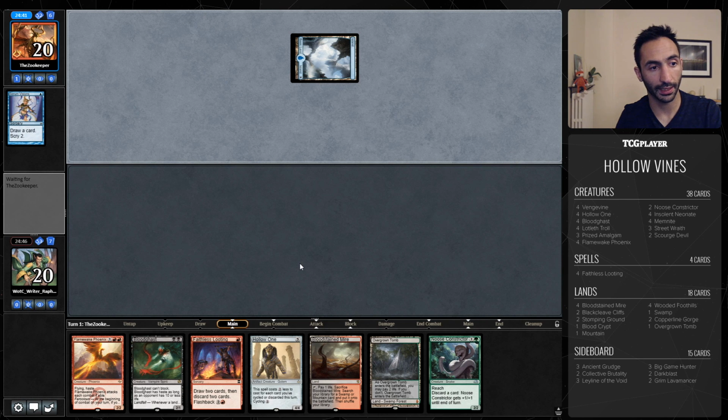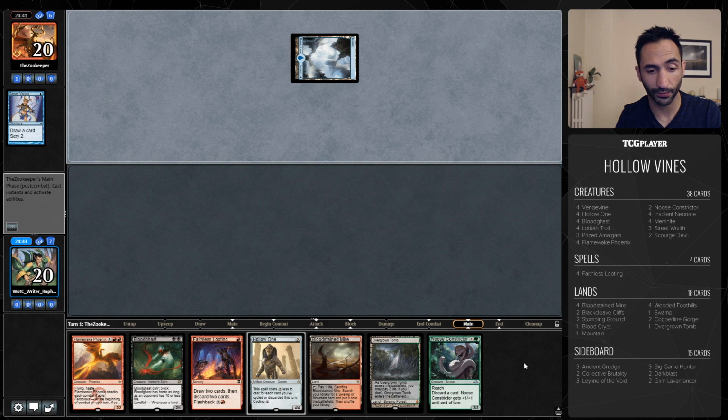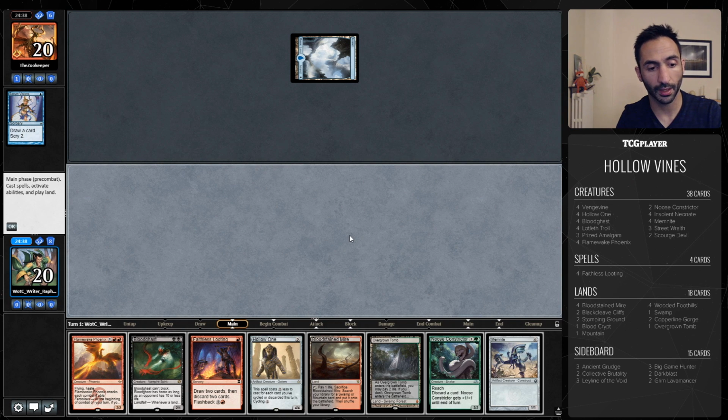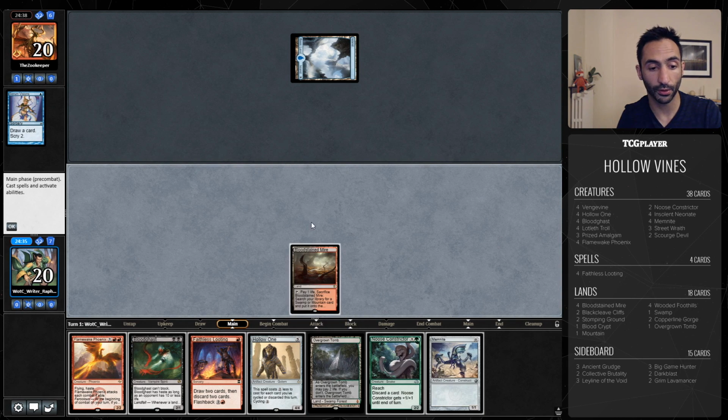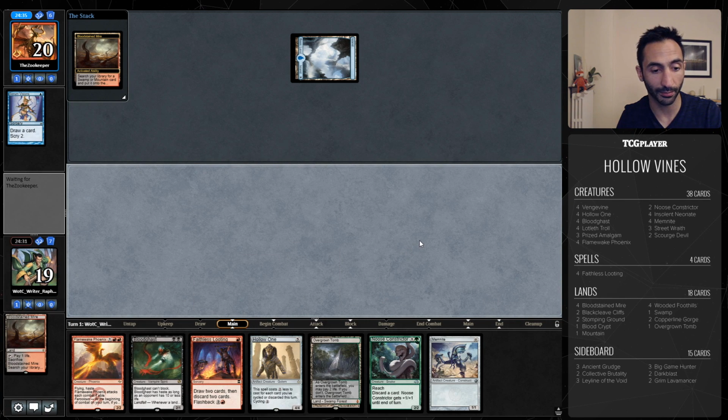Usually that's a good sign. Island, Serum Visions. Unless it's Storm and we're dead on turn 3 or 4. Alright, so now let's draw either Street Wraith or combinations of Vengevines, Prized Amalgam,